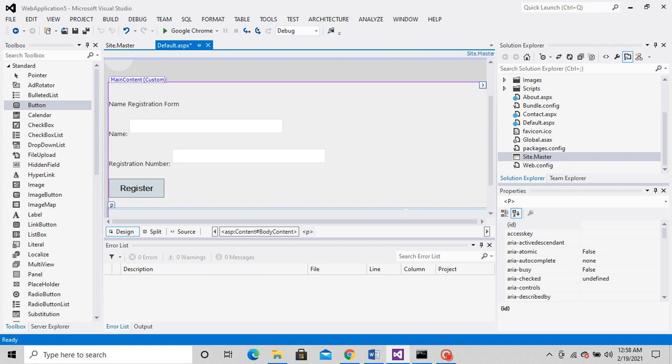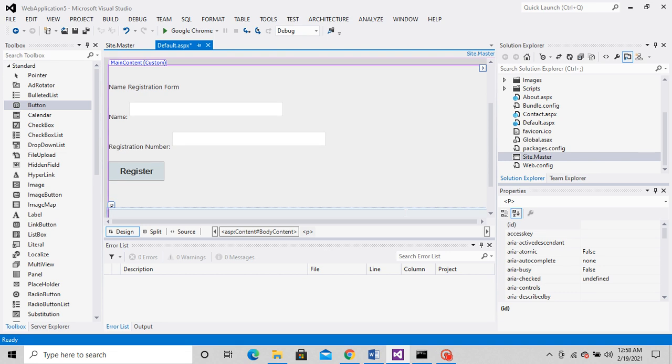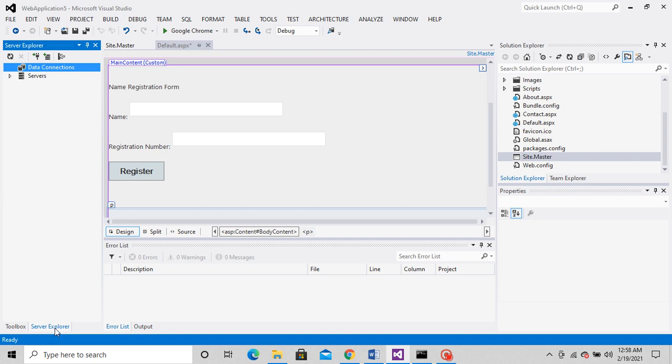Now, I just thought about something that with insertion, why not add a data grid view in the same page and show you how to display that particular data. Okay, so for that, just one second, I'll just show you the data connectivity. For that, you need to form a table.